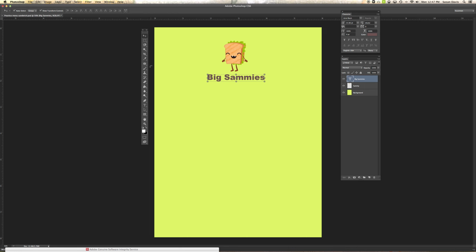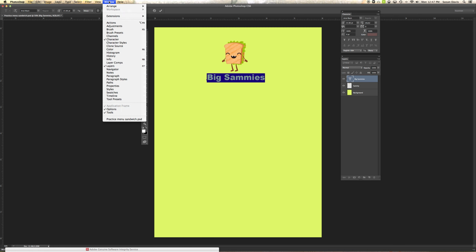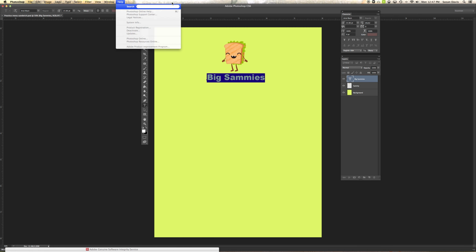Maybe I want to change the typeface because it just doesn't look very friendly, does it? So I triple click or select, wipe over it. You're in the text tool. You can change the typeface in your character palette. If it's not open, go under Window and open Character right there. But it is open, so